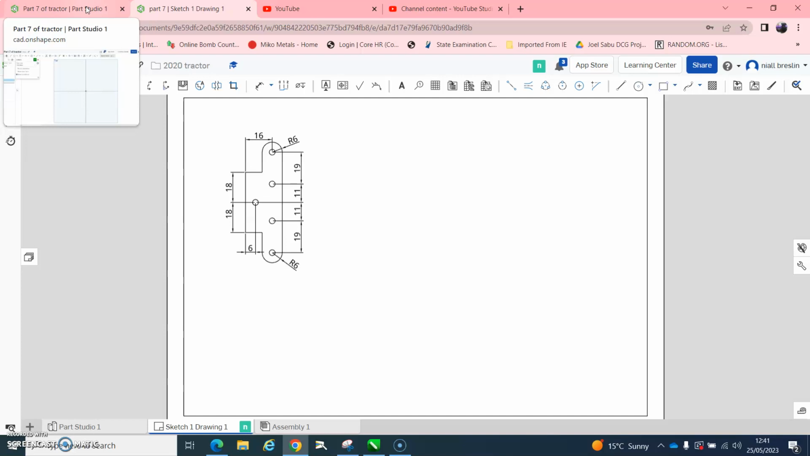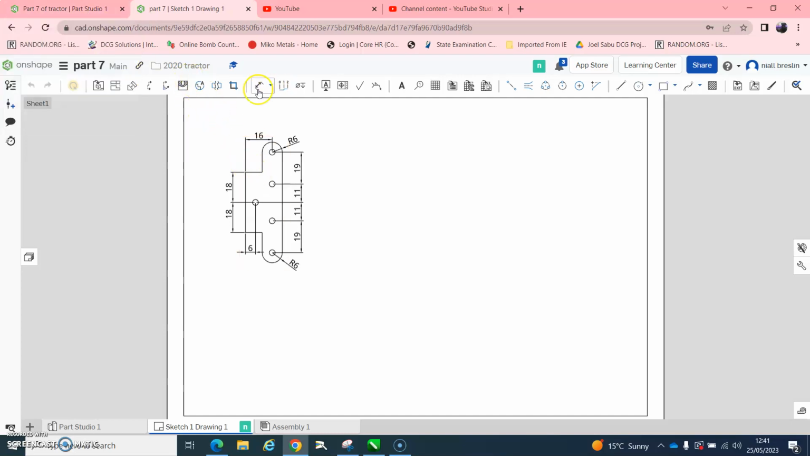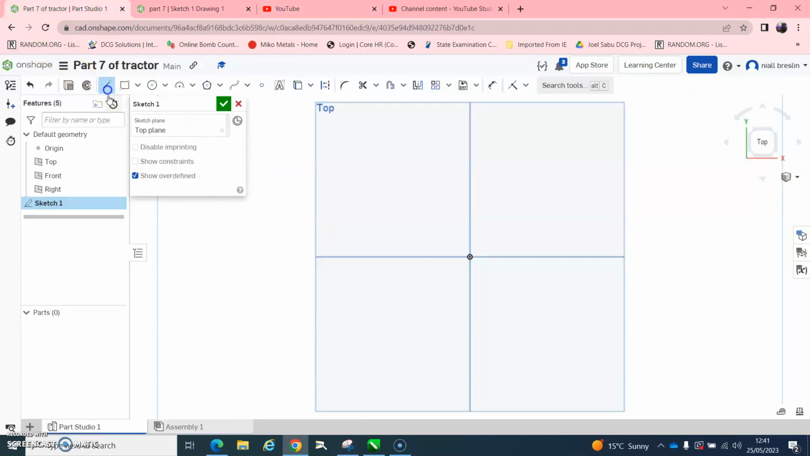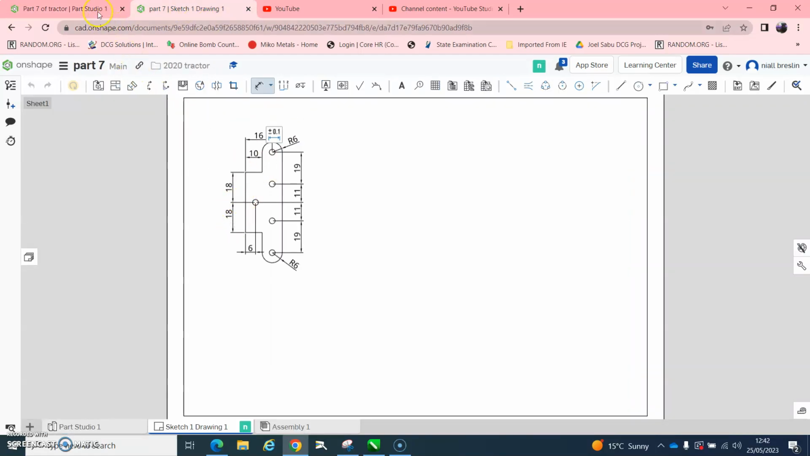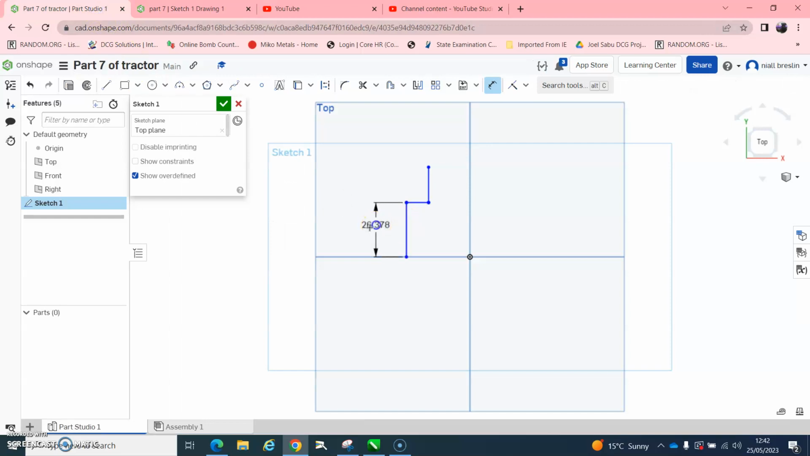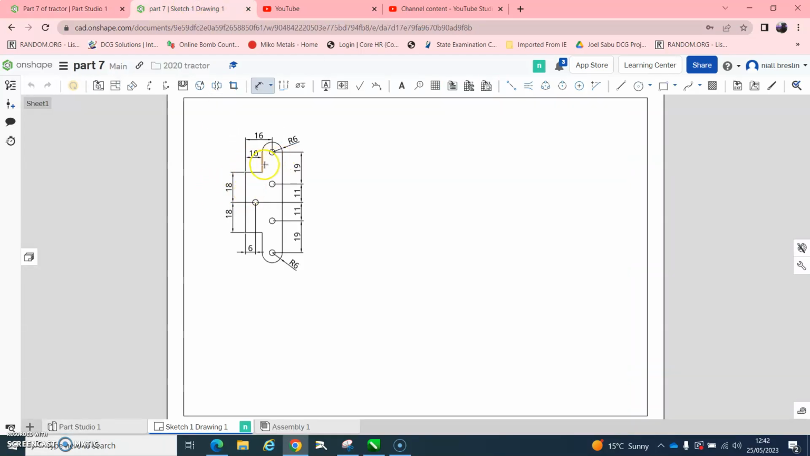Okay, draw a line up and up again. So hit D for dimension. So here is 18. So here 10, 10, and then